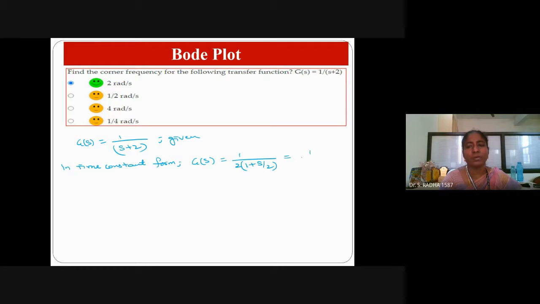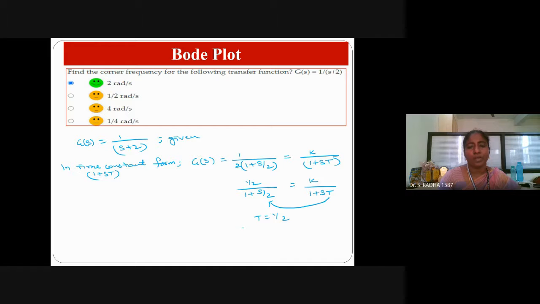This is of the form 1 by 1 plus ST, and K may be present. K value is half. So it is half divided by 1 plus S by 2, which is of the form K by 1 plus ST. The 1 plus ST form is nothing but time constant form. Now you can see the T value is